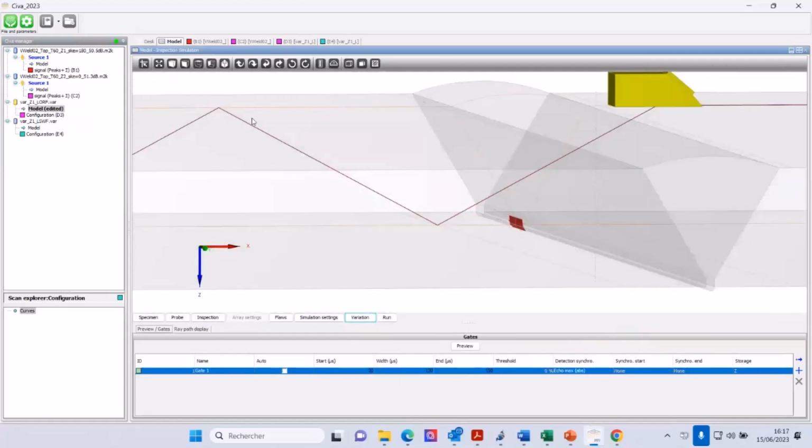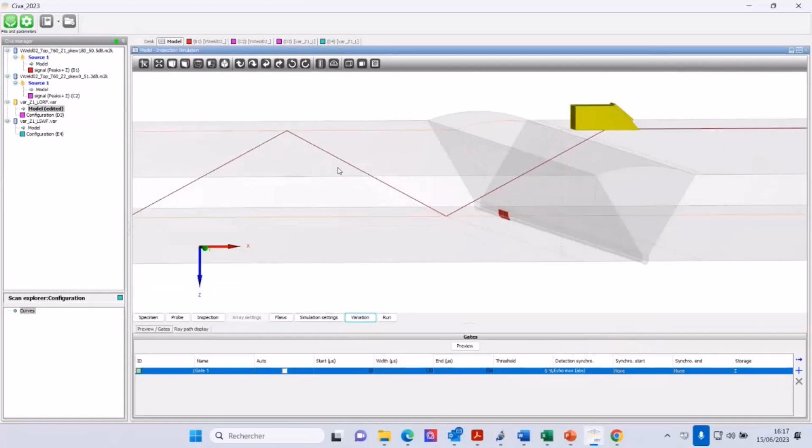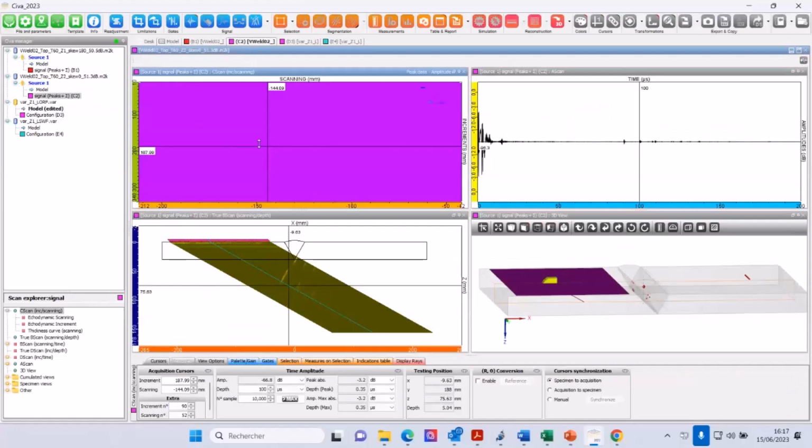So we have the 8 variations, 8 files, and in every variation file, 400 simulations. So we perform, as in real, as with the experimental data, simulation on one side of the weld and simulation on the other side. So last point before going to the DS module, I just go back to my experimental data. You need to prepare the experimental data.